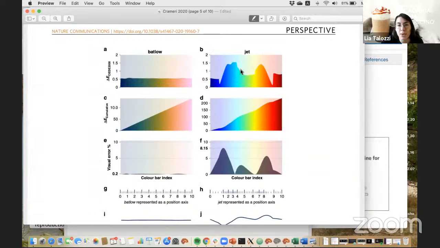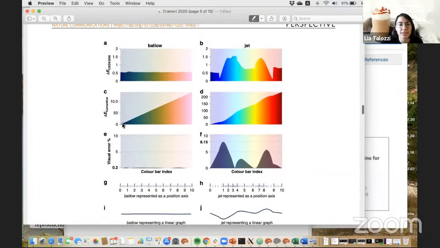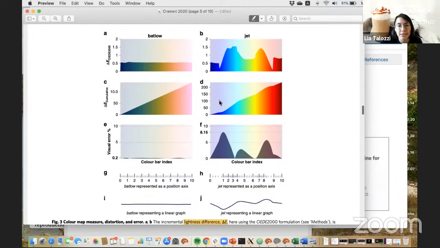In the jet color map, you can see that the luminosity increment is not uniform, but you have this behavior. And also this is the cumulative representation of the lightness, and you can see that here there is a uniform increase. Otherwise, in the rainbow color map, you have this behavior that is not uniform,